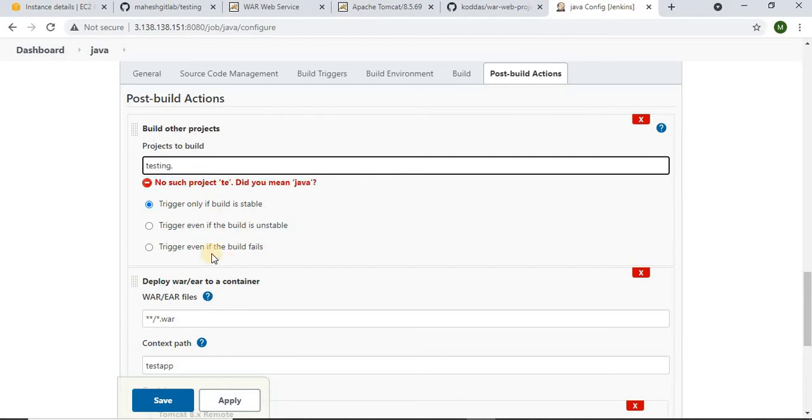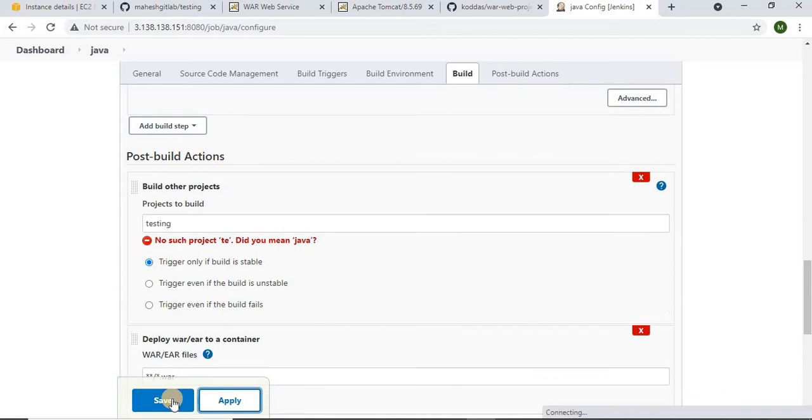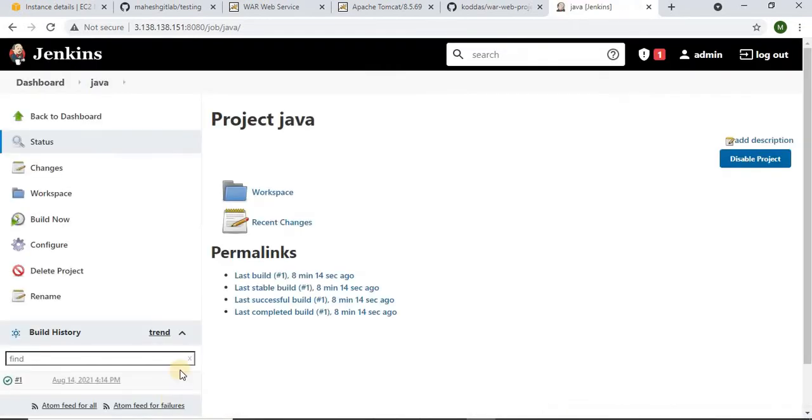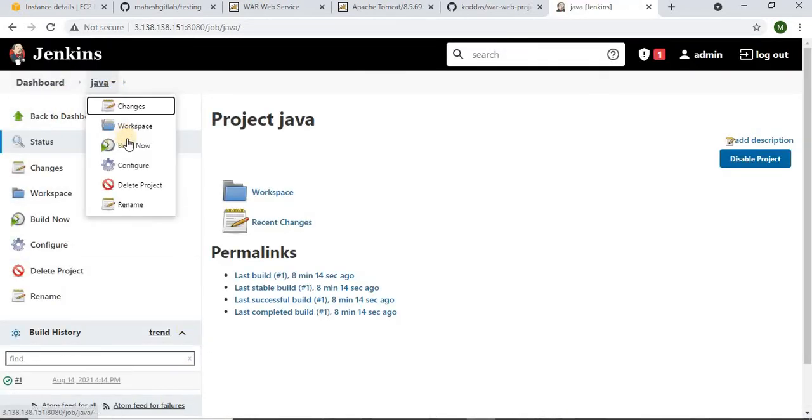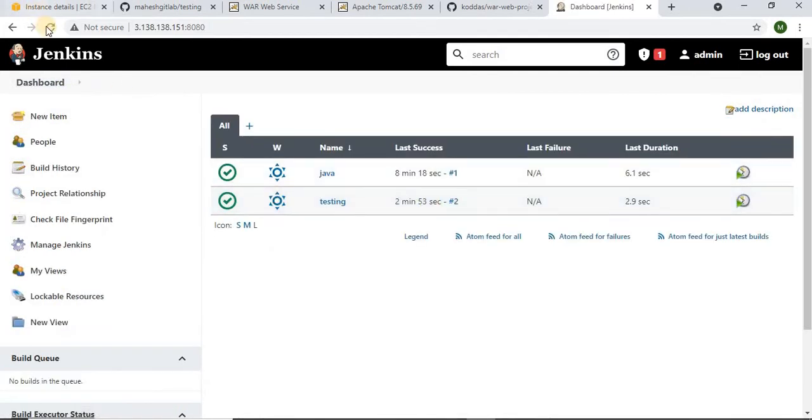I'm telling this Java job that once you are done with your job, which initially schedules download, build, deployment and testing, please run this testing job. Apply, save. Now I go to the dashboard. Java has run one time, testing has run two times. Now let me build it.